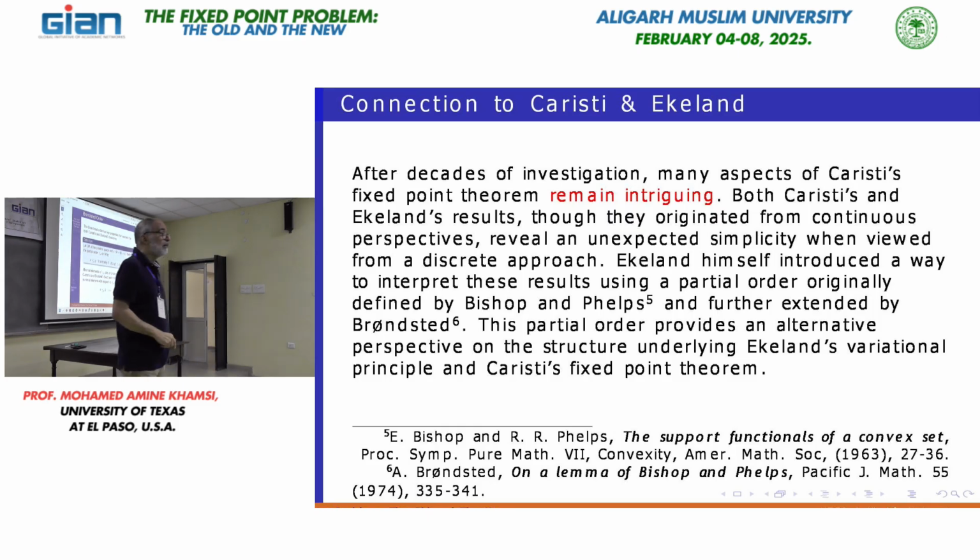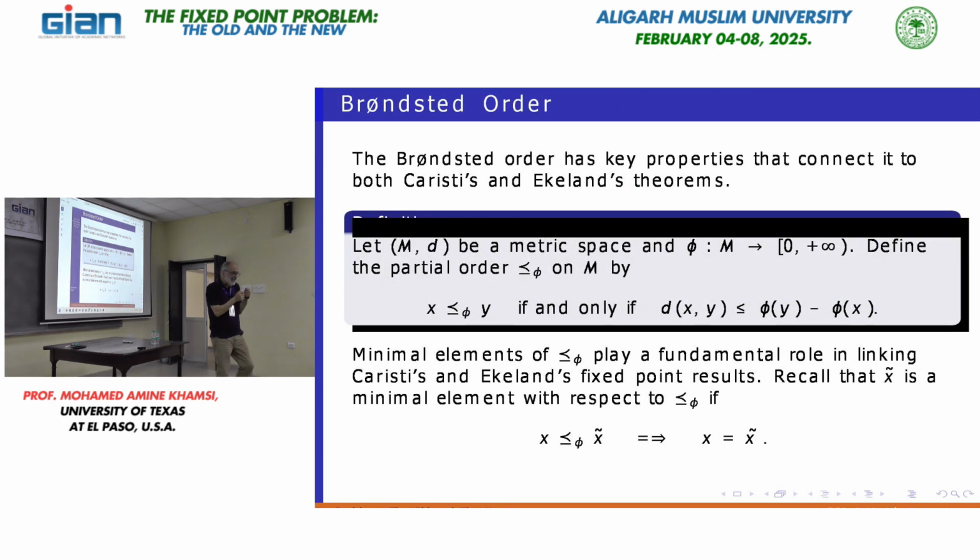Here it is. So what do we have? Do you see the connection now? We have a metric space. Yes? We have a function from the space to 0 plus infinity. So we have the same stuff used by Caristi and Eklund. Yes or no? Same. Forget about the assumptions, completeness, and lower semicontinuity. But what you have in your hand, both of them are using it: a metric space and this function phi.